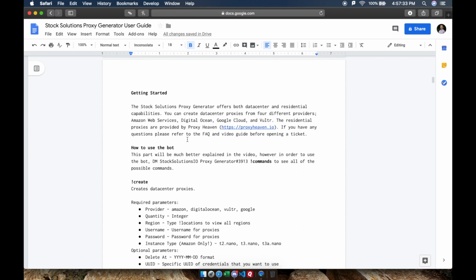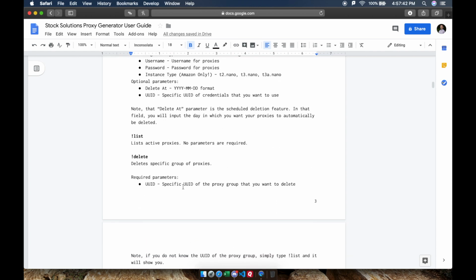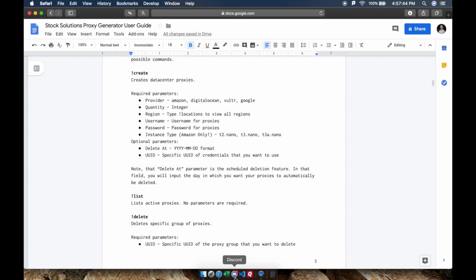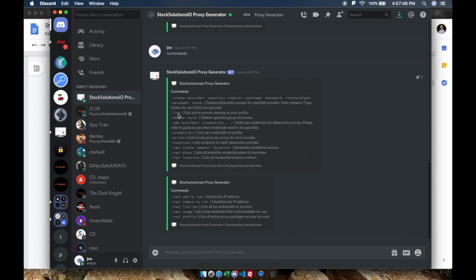Of the bot. DM the Stock Solutions proxy generator bot, type commands to see all the possible commands. The first few commands that you're going to see here are all related to data centers, and all of the residential commands are going to start with resi. So every command that starts with resi is going to be residential. You probably already picked that up, but anyway,